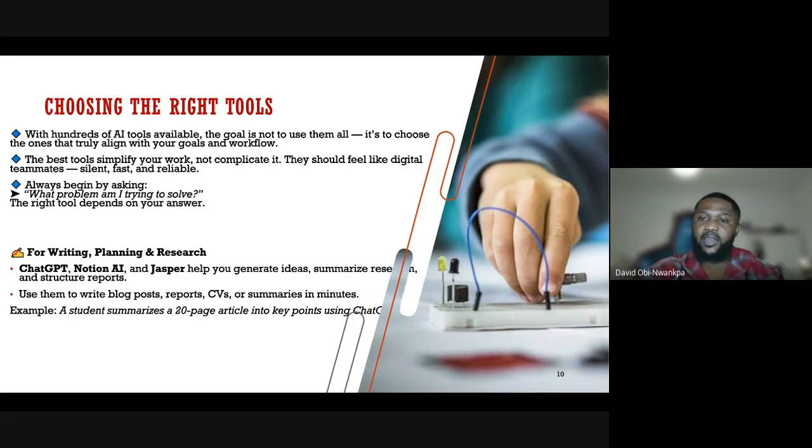A friend of mine as well developed an app called Ask Your PDF. It's also an AI automated app that helps people. It analyzes every PDF file. It was new at the time, but I know now it's not really catching the ear because we now have so many AI applications. So that's that for writing, planning, and research.